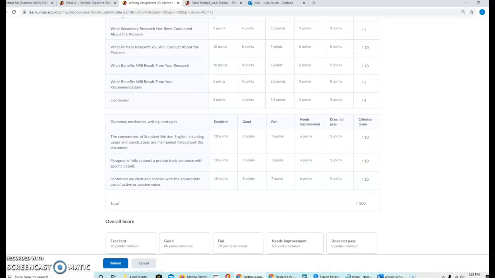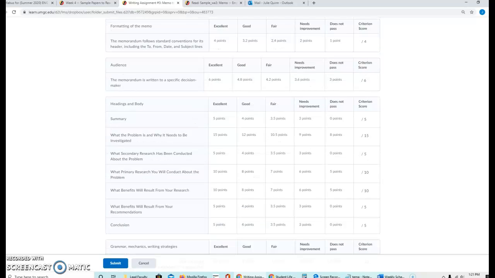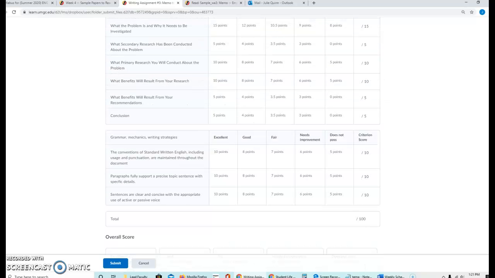One of the best ways to do really well in any of your UMGC classes is to use the rubrics as an editorial checklist on your writing assignments. And it's especially important to spend extra time on the grammar, because in small documents, the grammar and mechanics issues are way more obvious, and we want to be able to fix those because sometimes in business writing you only get one chance to